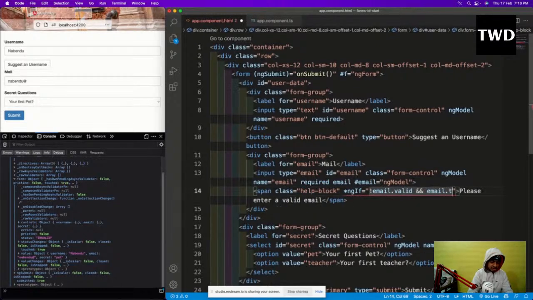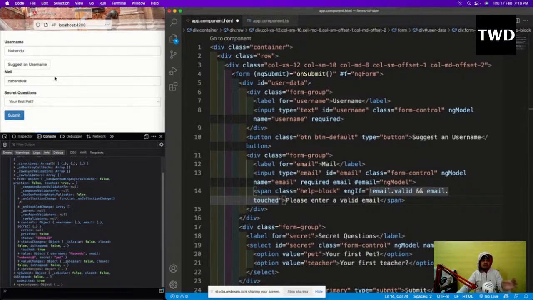email.touched. What is this? Email is not valid and it is touched. Touched is something in Angular, similar to React also. If the user enters something, or touches it and then goes outside, that is known as touched. So if it is not valid and the email is touched, both of them should be true.